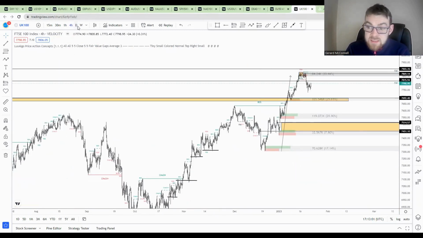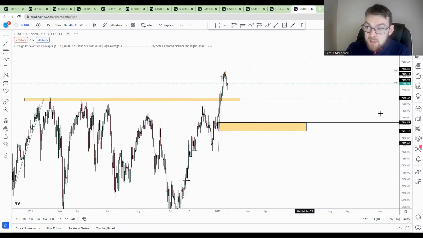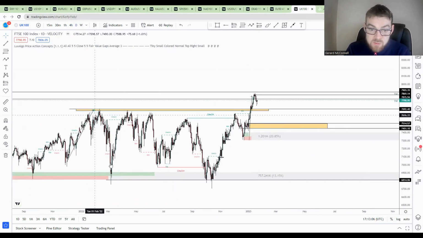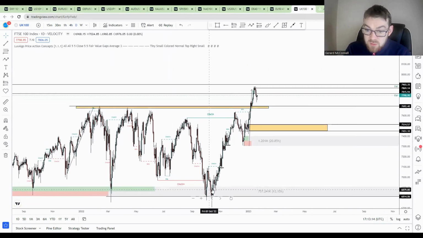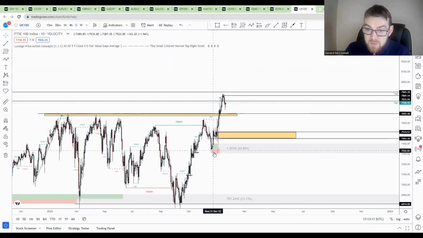When you look at the broader perspective, what have we seen through 2022? Well, if we go to the daily chart for a moment, market dynamic had finally broken out of this range. So this is where the FTSE was all year. 6,800, 6,900 was the lows, 6,600, 6,700 was broadly the highs, and then of course October, November, a massive run up, and from the beginning of this year another massive run up.